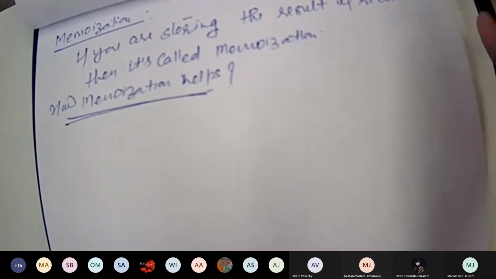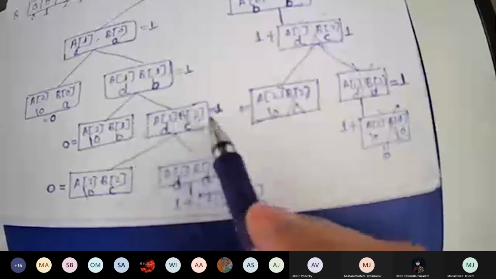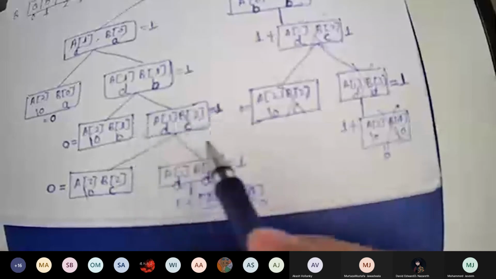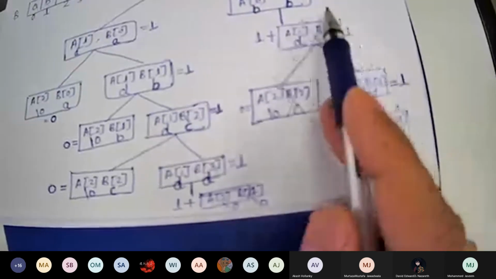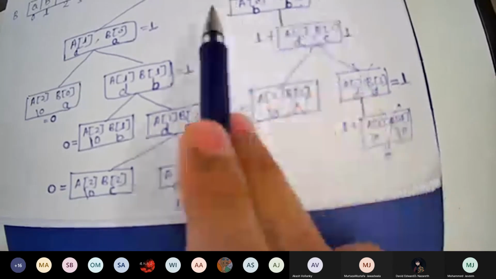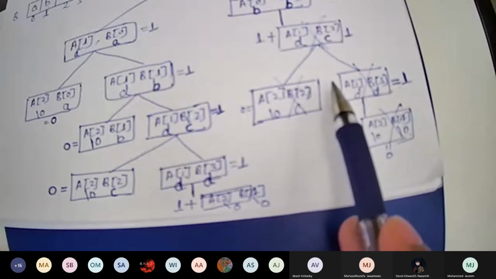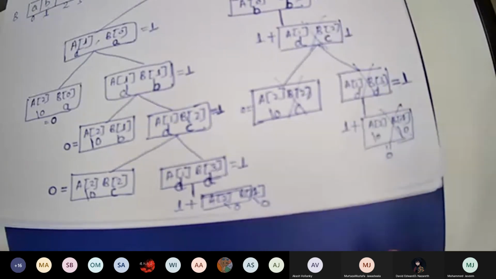Like in memoization, we just discussed, if we could store the values which we have already calculated, then there is no need to calculate these values again. Here only we could have stored these, and this many function calls we could have saved.